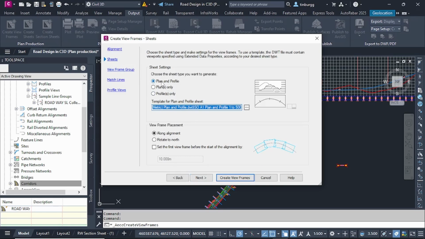We are going to plot the plan and the profile on the same sheet. Otherwise, you have options to have the plans only. You can see what happens there. You will have the plan only, or you can have the profiles only. But in my case, I want to have the plan and the profile below the plan. So you can choose